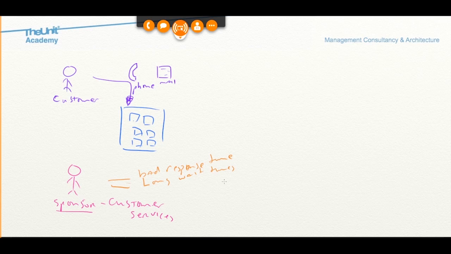Customers are sent from one desk to another desk, so that means long wait times. And it means that customer satisfaction, because that's in the end the whole goal, of course, has to be increased. So actually it's too low. It's low. And he wants to increase that because in the end, of course, that's connected to revenue, and therefore